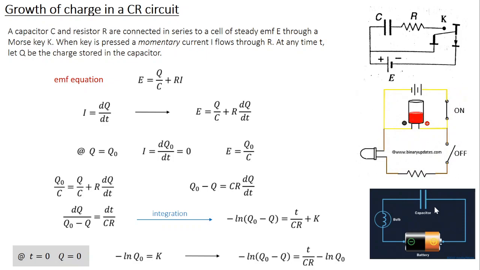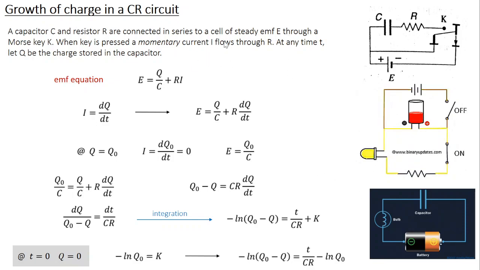But as the capacitor gets discharged, the number of charges stored in the capacitor decreases, so the current in the circuit also decreases. The bulb becomes dimmer, dimmer, dimmer. Finally, when all the charges are released from the capacitor, there is no more current flow in the circuit. So once again, the bulb switches off completely. So you have a momentary current while the capacitor is discharging.